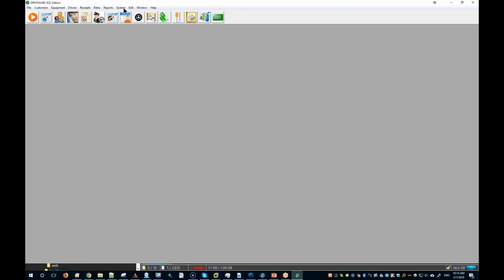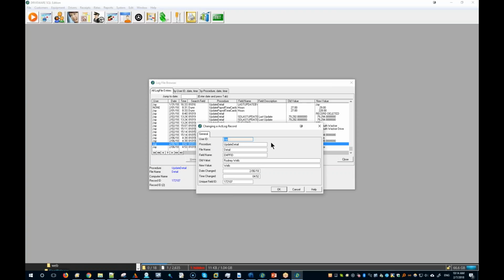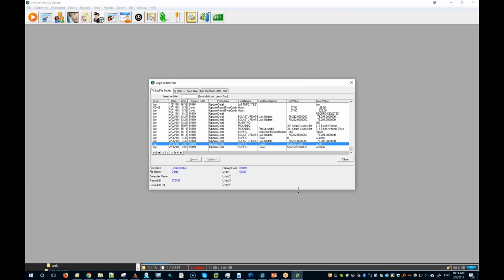So under the system log, audit logs, now you will be able to see the drivers, and if somebody changes the driver. The old audit log that we had was difficult for seeing if somebody changed the driver. What was the driver? Who was the driver that was assigned, and then who changed it, and what time, and which driver? Because it was using numbers instead of the names. So the new audit log, you'll be able to see